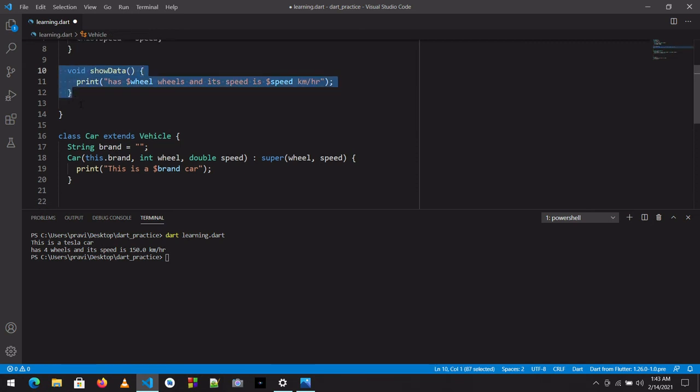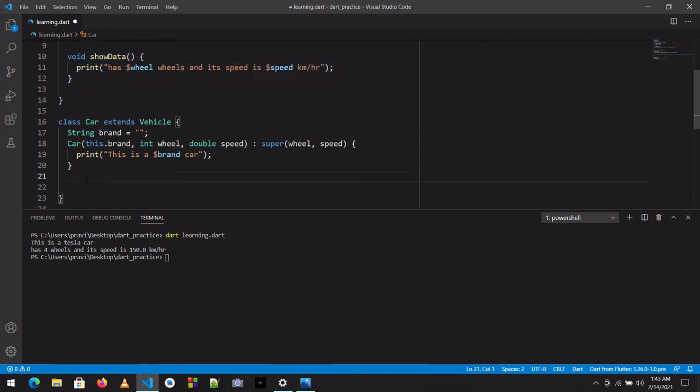I can't just keep writing different statements to print. So I can use this function again by just adding some more lines to it, so I don't have to write this whole function again. So let's see how it works.